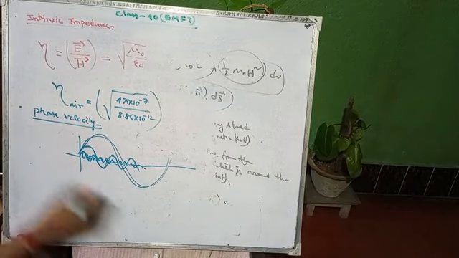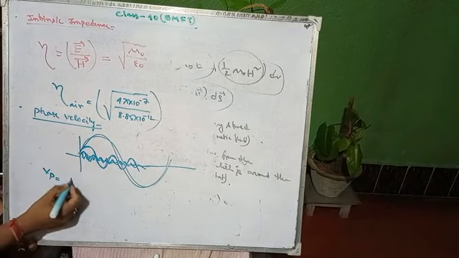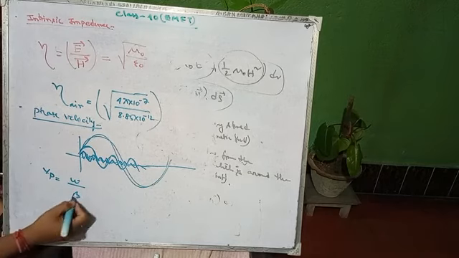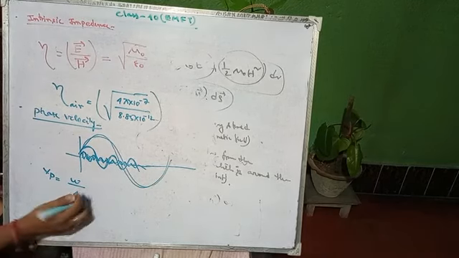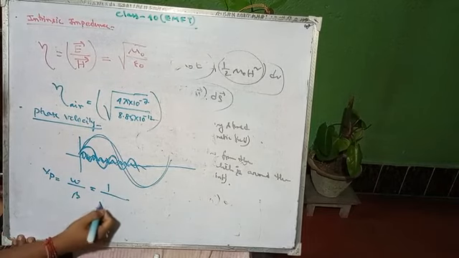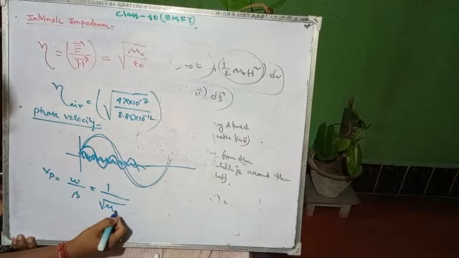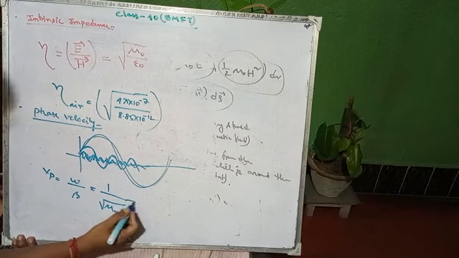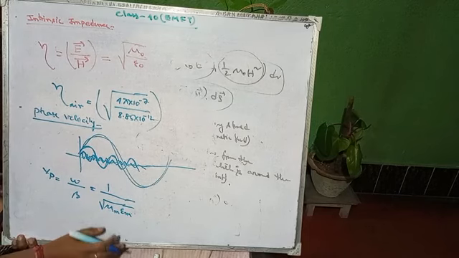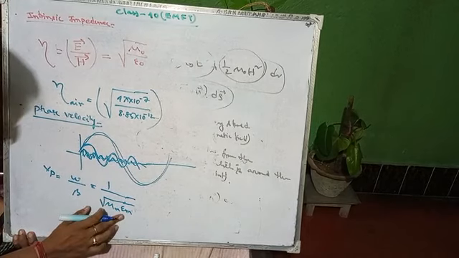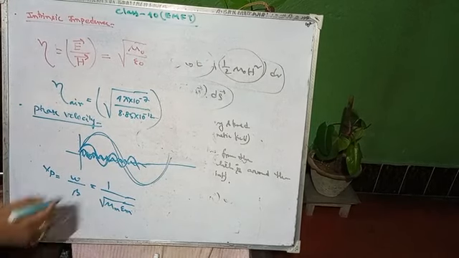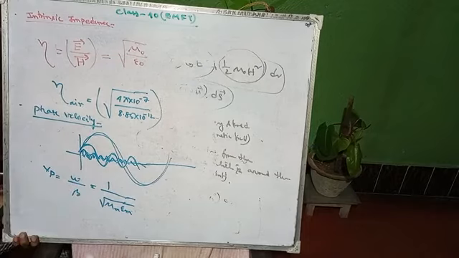The formula of the phase velocity is Vp equals omega by beta, where beta is the phase constant, equal to root over mu_m into epsilon_m in the denominator, that is, 1 by root over of mu_m epsilon_m. Mu means the permeability of the medium, and epsilon means the permittivity of that medium. So phase velocity is the unique velocity for any particular frequency component of any wave.